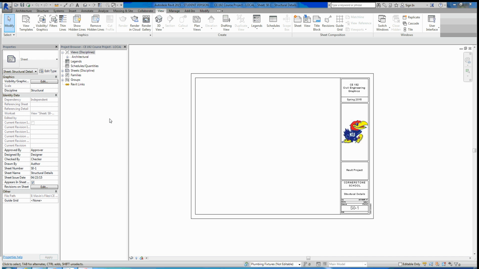Alright guys, in this video we're going to create a drafting view, and the drafting view that we're going to create is actually located on Blackboard, under course documents. It's called beam/girder to column connection. What we're going to do here is create a simple two-dimensional draft of a connection. And the reason we make two-dimensional drafts in Revit is because the 3D model that we're creating